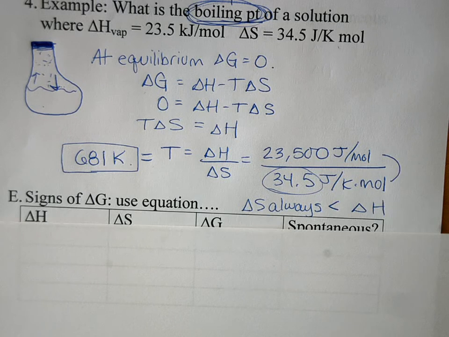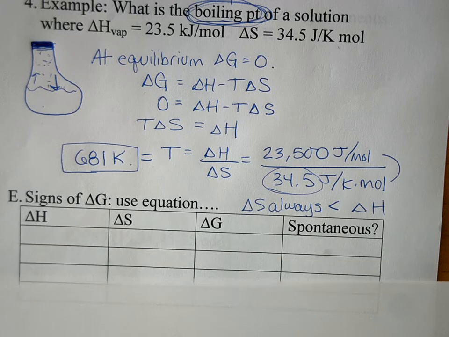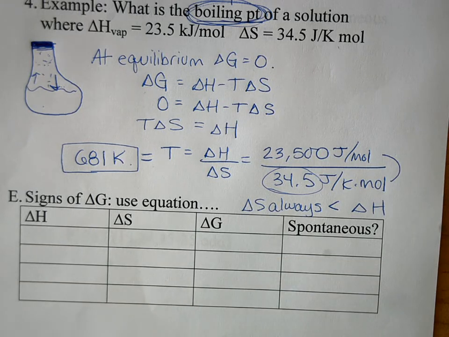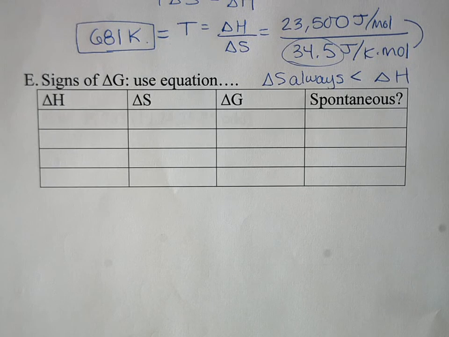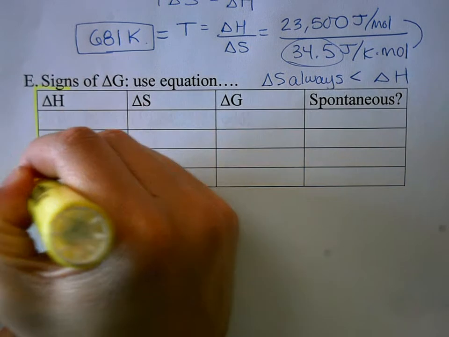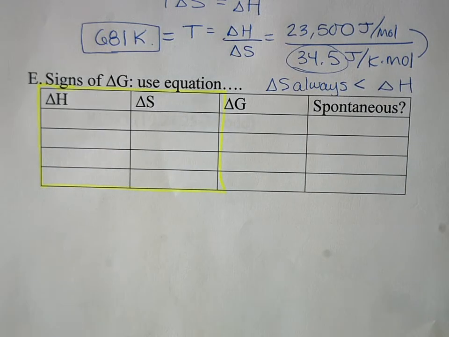Okay, you also have to be able to look at this equation and think about it conceptually and figure out, even if you're not given any numbers, because you could plug in numbers all day long to this equation, that's easy. But you need to be able to look at it conceptually and figure out if a process will be spontaneous or not based on your values of delta H and delta S. So we're going to look at different combinations of these things, delta H and delta S, and figure out how our delta G should turn out, positive or negative, and if it's spontaneous.